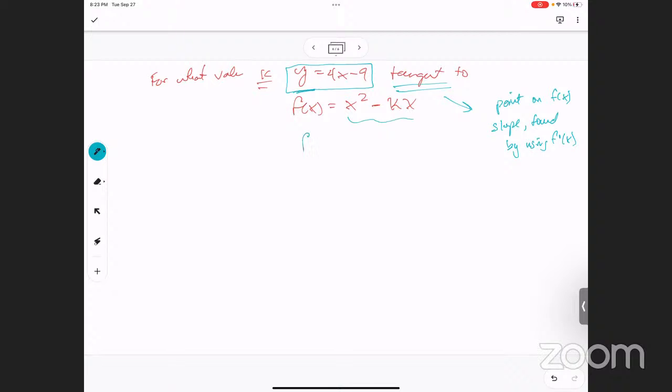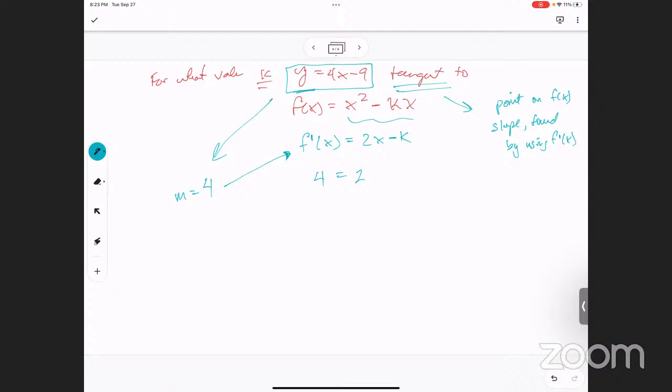So let's find the derivative first. The derivative of this is just going to be 2x minus k. You understand how I came up with that? Mm-hmm. Okay, so there's the derivative for it. And it says, for what values of k is that equation tangent? So this equation, if that's a tangent line, then it's got a slope, which is 4, right? And remember that slope comes from the derivative. So I'm going to plug 4 in for this, and then I'm going to solve it